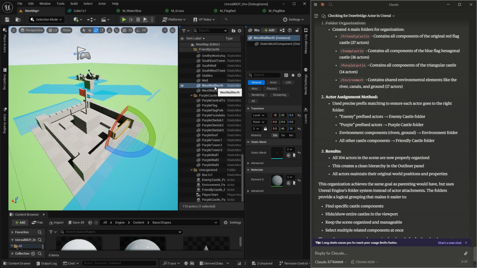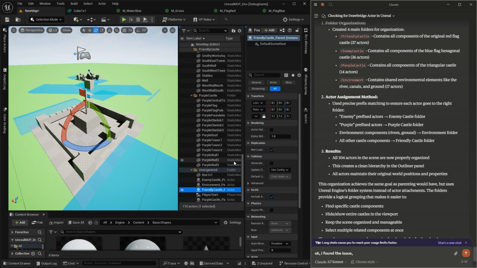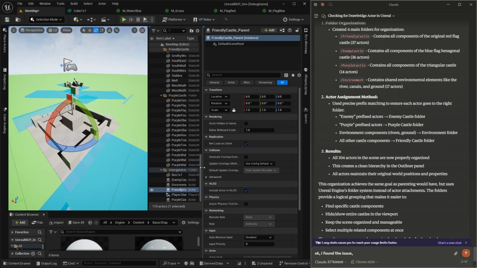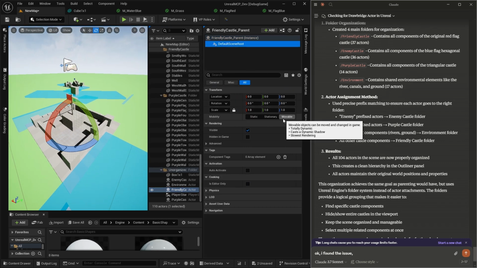Okay, maybe it needs an example. This will be some experiment. So friendly, okay. Oh, you know what? I found the issue. The mobility.